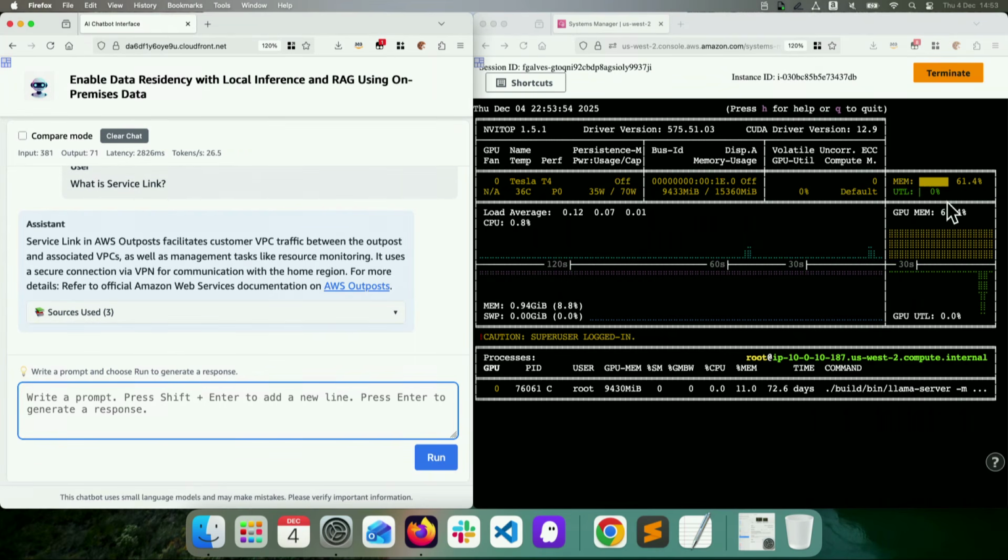So it's a very fast model for this use case. And as Chris mentioned, it's a best practice to start with a small model, start testing, and find the right model that is important for your use case.